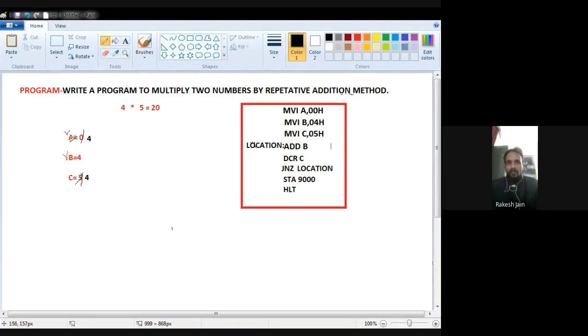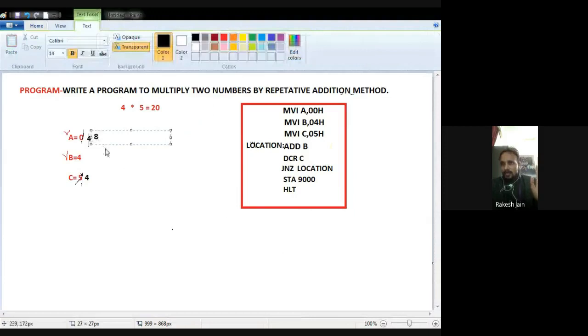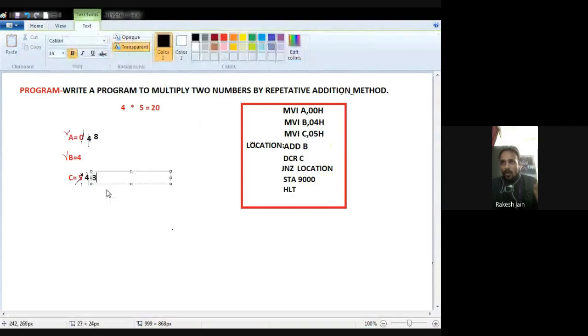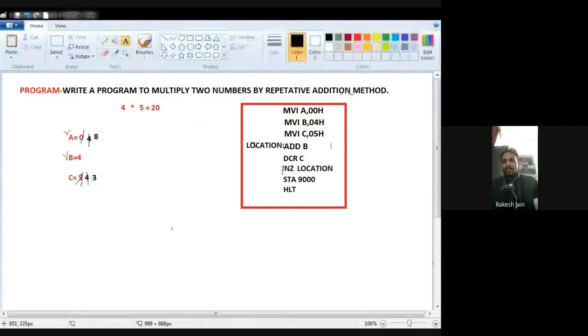Because register C went from 5 to 4, it is not 0, so jump to this location.